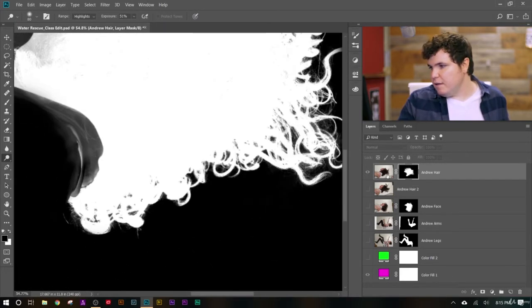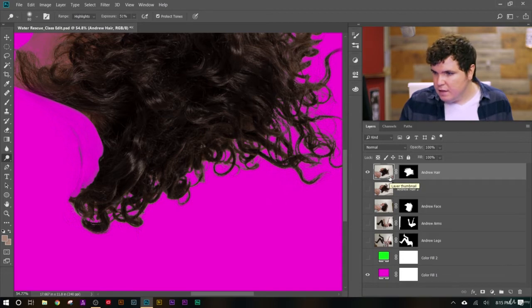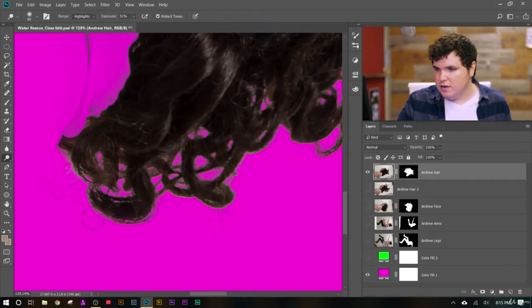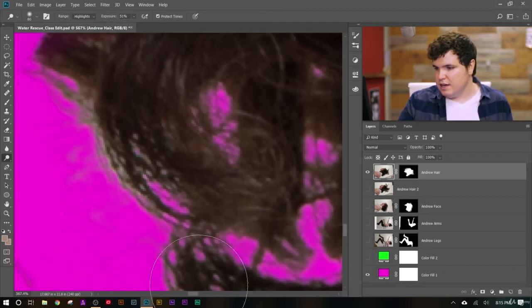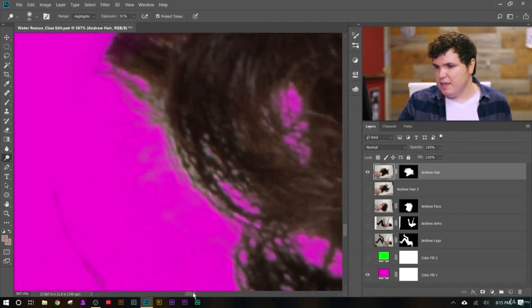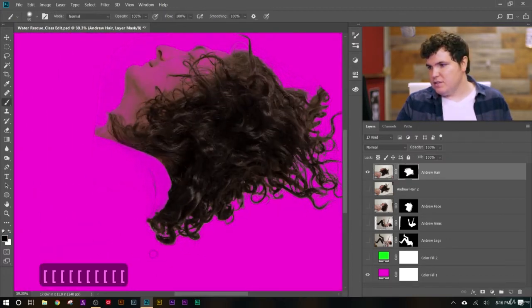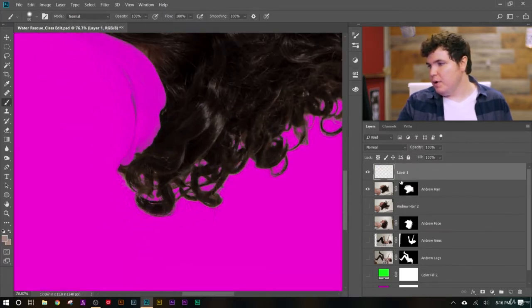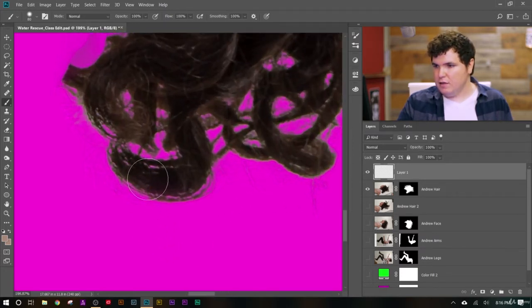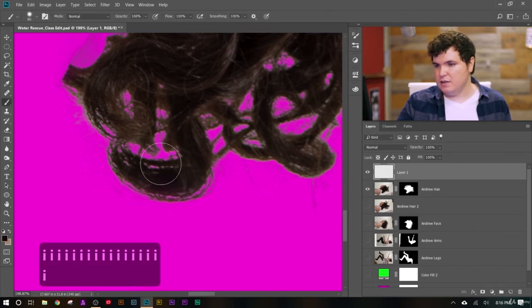Okay, let's take a look at that. It's looking good. Now down here you can kind of see some discoloration here because it didn't cut out the hair exactly perfectly. Some of that is the white background. Okay, so a quick tip you can do for that is add a new layer above the layer you're trying to affect. And then you can choose a similar color. So if you hold down I, it'll go to your eyedropper tool and you can select a